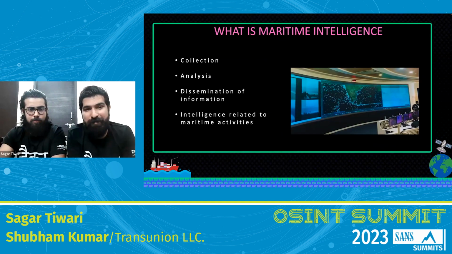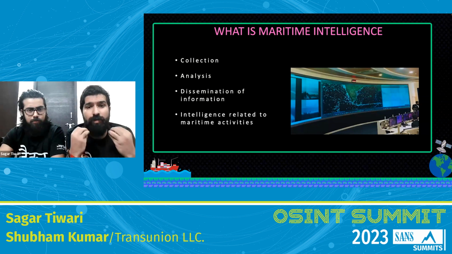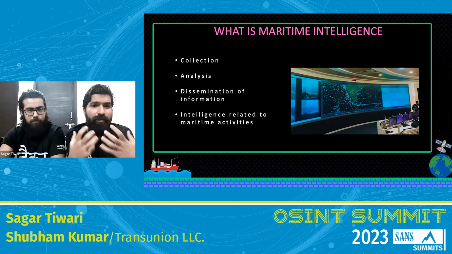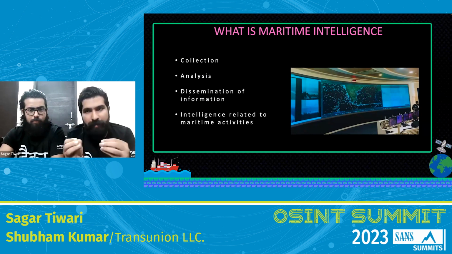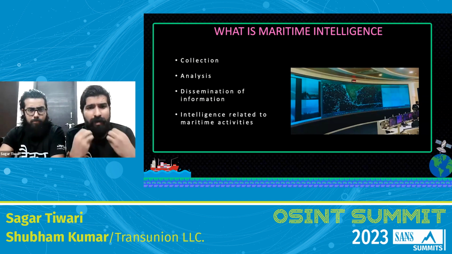So let's dive in. First of all, we need to understand what maritime intelligence is. Maritime intelligence is all about utilizing information and communication technologies, or ICT in short, in order to collect, analyze, and share the information of the vast maritime domain. Now, what is the maritime domain? Maritime domain is all the areas or the things that are in, on, adjacent to, or related to the seas, oceans, or waterways. Basically, all the activities occurring there, like fishing, shipping, or maritime environmental protection, everything comes into the maritime domain.